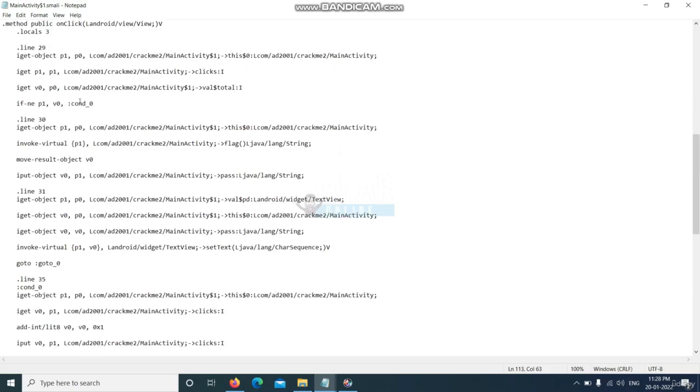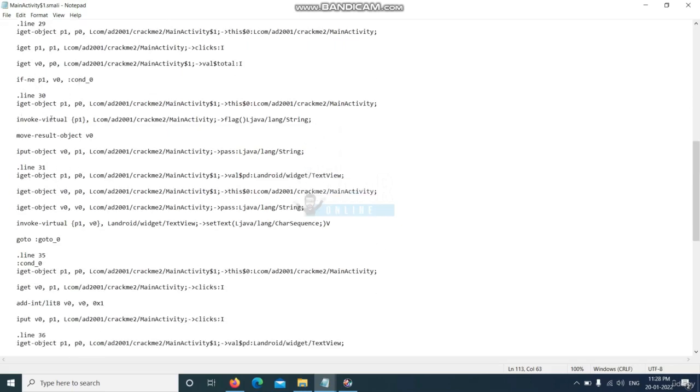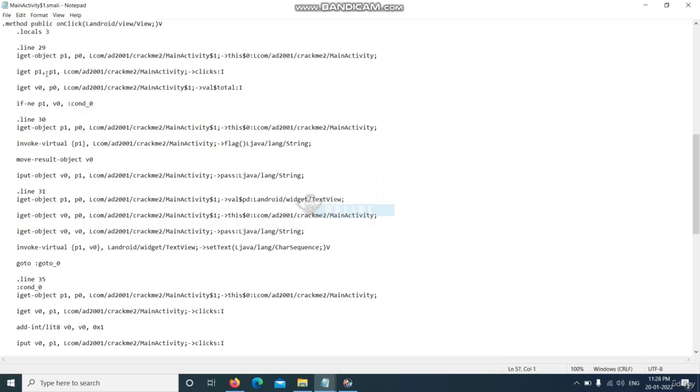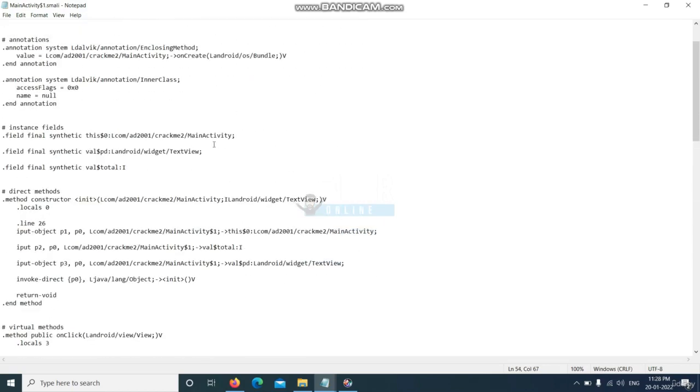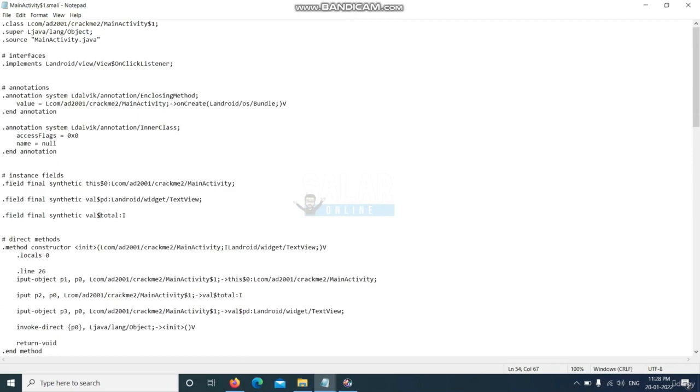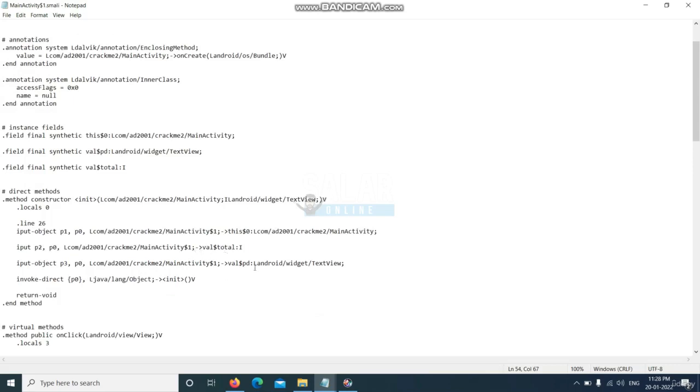Where was our conditional statement? If p1 is not equal to v0, it will go to conditional 0. That means if our click is not equal to 0, it will go to here. So let me look into p1 and v0. p1 is equal to the number of clicks, and v0 is equal to total. What is total? If you go up, we can see where this total is set. It is coming from